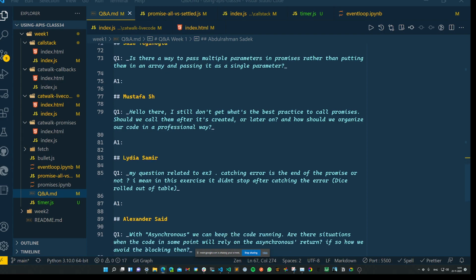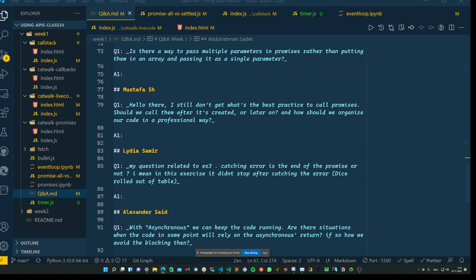Okay. And then Lydia, your question about example 3 or exercise 3 from the homework, right? Yes, but mainly I want to know what we will get with a promise. If it will be the end, it will be resolved or rejected, right? So if it rejects, it will not complete things. I think you gave this example with promise resolve. Mm-hmm. Okay,